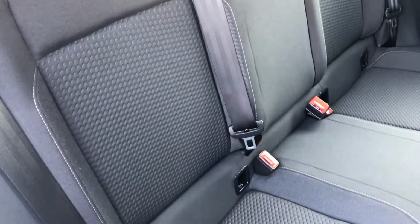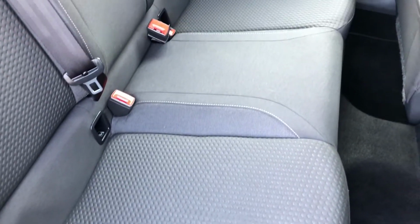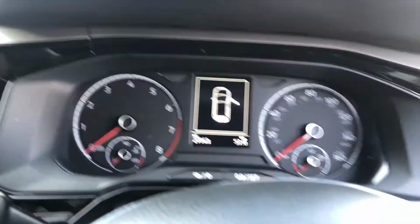Now before we get in, we'll sit in the back, and you can see in there you've got your tri-seating, no rips, no tears, no stains, plenty of leg room, and of course Isofix points as well. Now getting in here, out of the sun, because it is a little bit hot today,